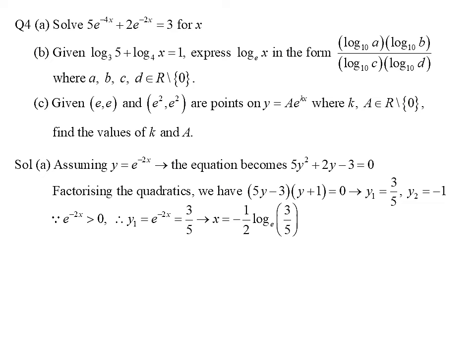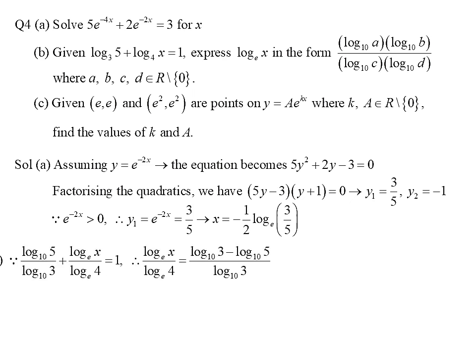Since e to the power of negative 2x is always greater than 0, the only solution for y is 3 over 5. Hence, we solve for x, which is equal to negative one half times the logarithm base e of 3 over